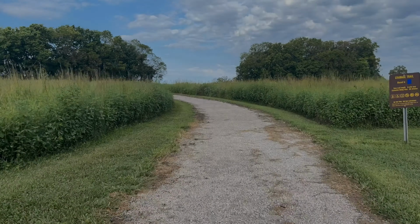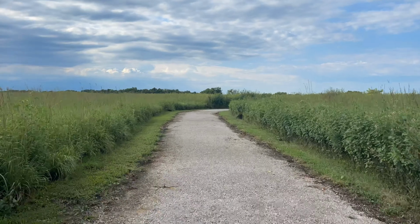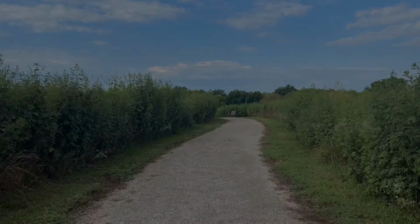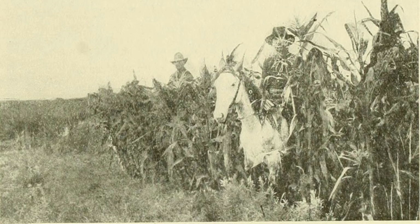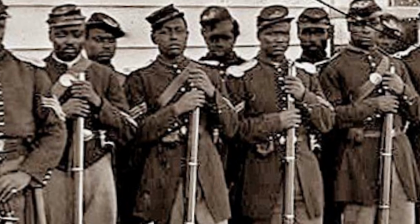So we are on the Kansas-Missouri border, and Kansas was admitted as a free state just months prior to the start of the Civil War. And while the state of Missouri was part of the Union, most of its citizens sided with the Confederacy, and bands of guerrillas who went into Kansas on raids were known to hide not far from here at a place called Hog Island. On October 27, 1862, 240 men from the 1st Kansas Colored Volunteer Infantry marched into Bates County